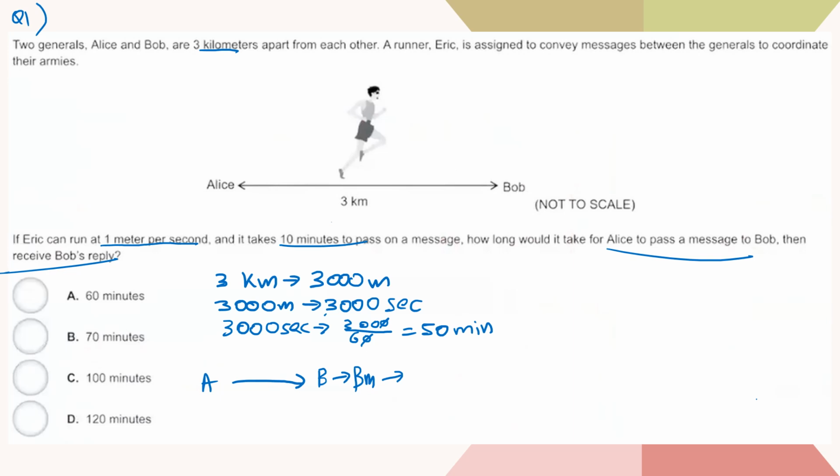That doesn't take anything. So he goes all the way back to Alice, and then he has to deliver the reply message back to Alice. This might be a bit confusing, but if you can see, this is